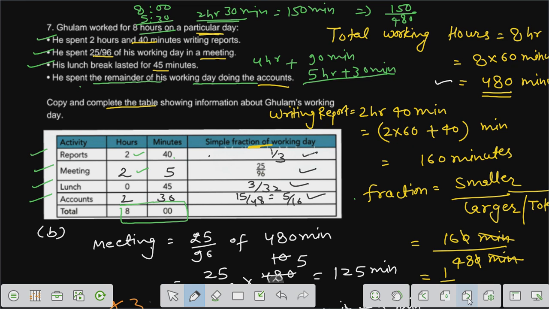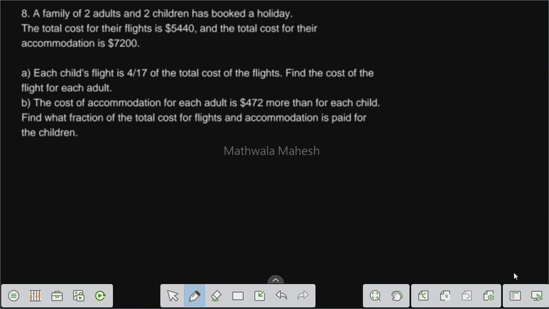Now the last question. A family of 2 adults and 2 children has booked a holiday. The total cost for their flight is $5440, and the total cost of their accommodation is $7200. Each child's flight is 4/17 of the total cost of the flight. Find the total cost of flight for each adult. Okay,